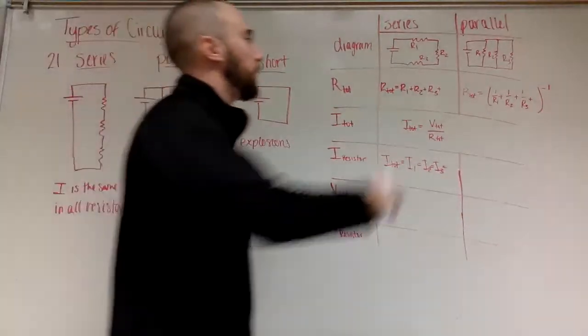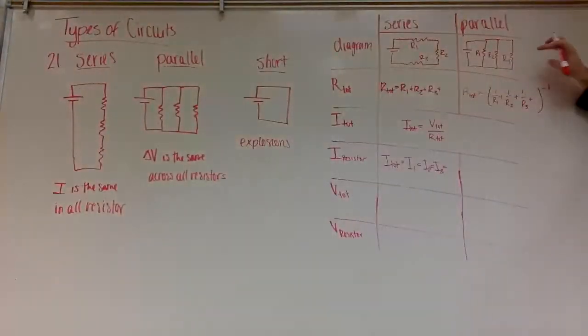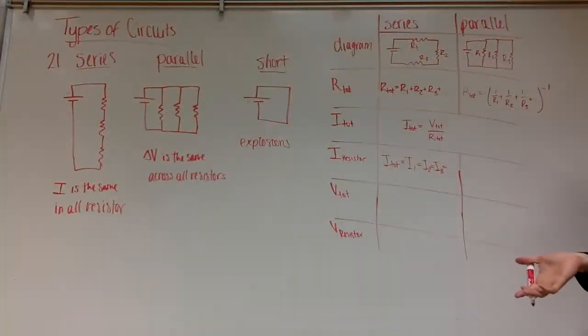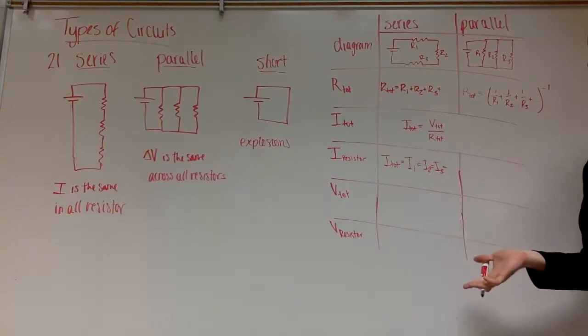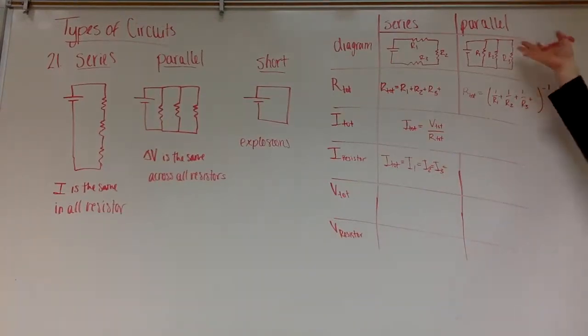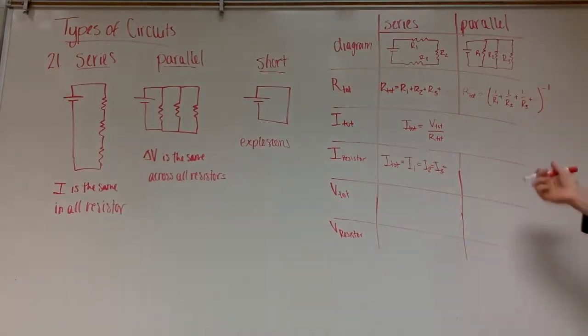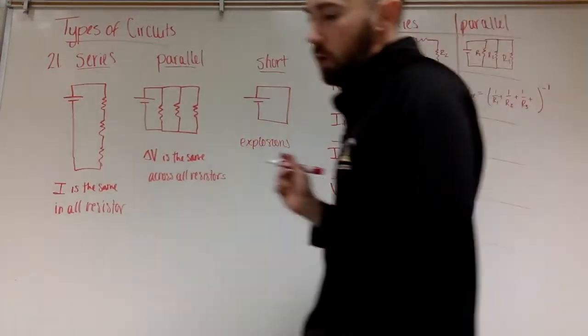Now when we come over to parallel, the resistor that has the most resistance is probably going to have the least amount of electrons that flow through it. Think about it in the pipe analogy. Smaller pipe, not as much water can flow through. Biggest pipe, lowest resistance, is going to have the most. So in this one, what we do is we have to solve for it